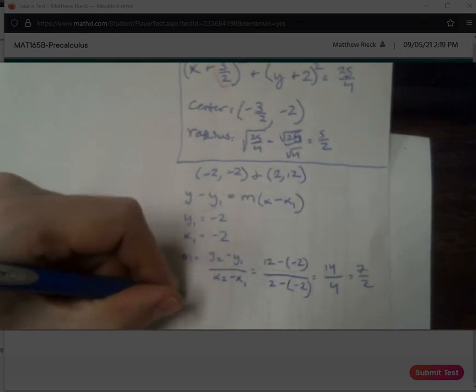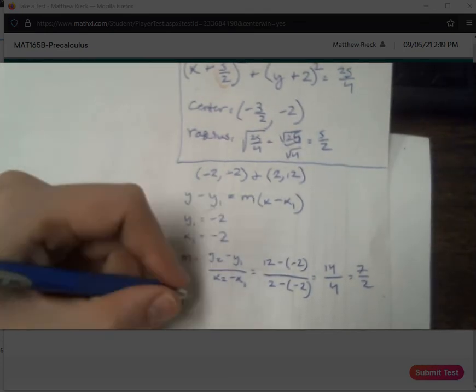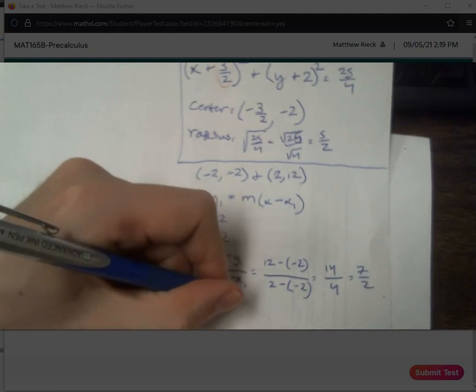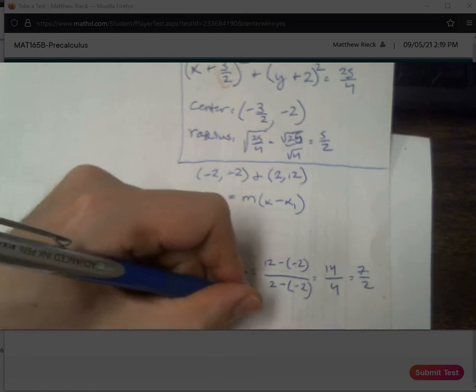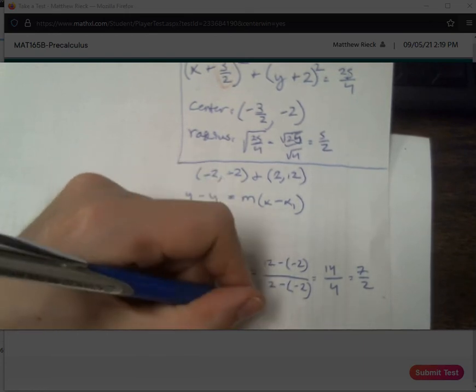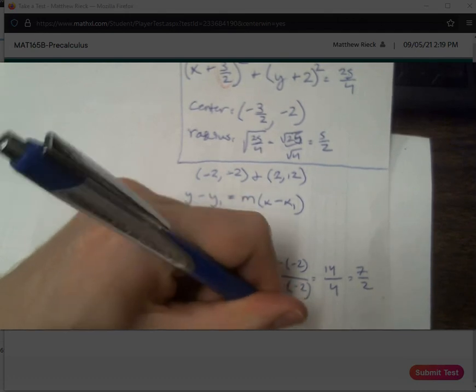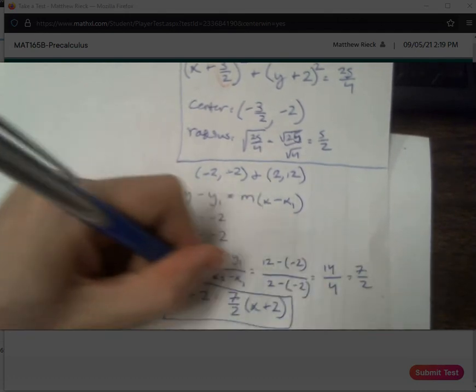So we have y minus y1. So y minus a -2 is going to be y plus 2 equals my slope, which is 7/2, times x minus x1, which is x minus a -2, which is going to be x plus 2. All right, so again,